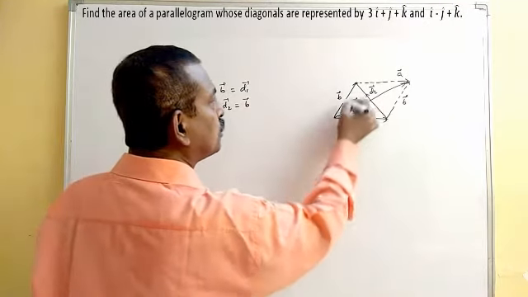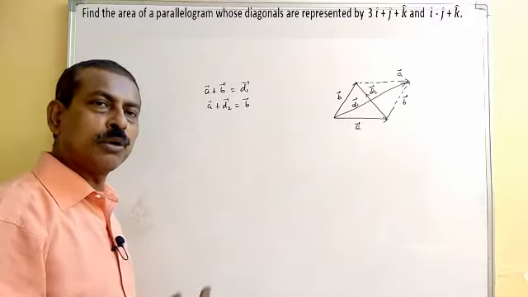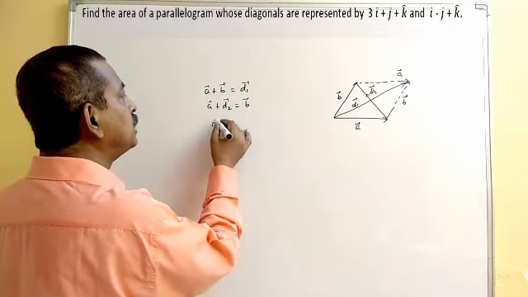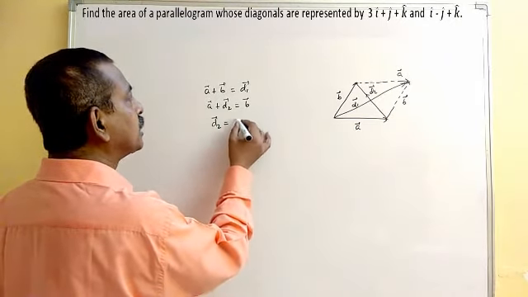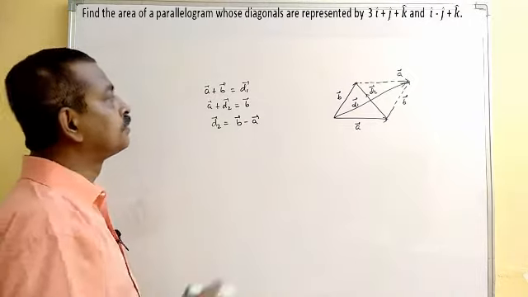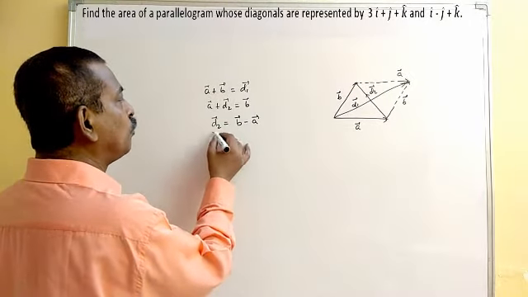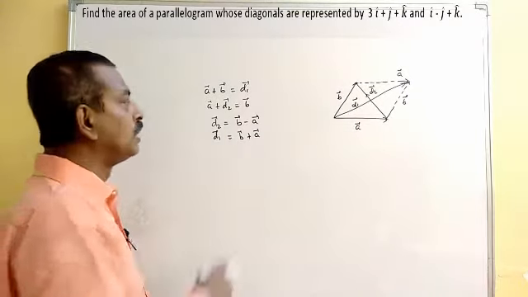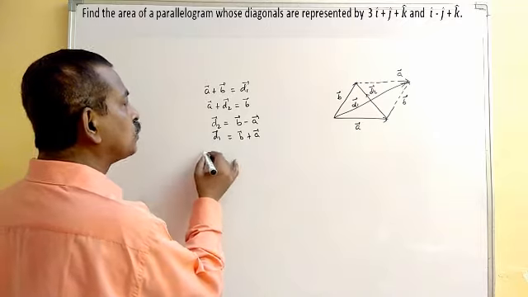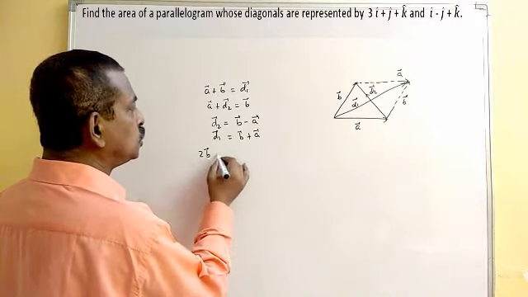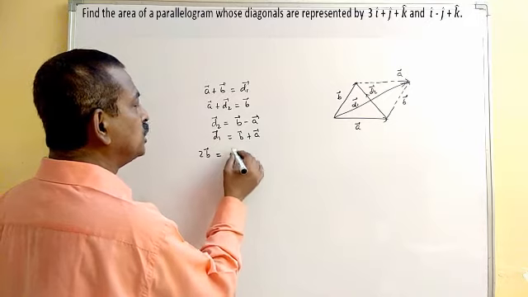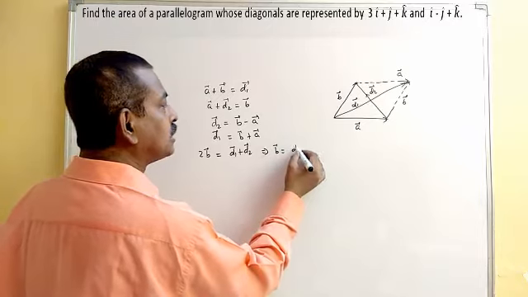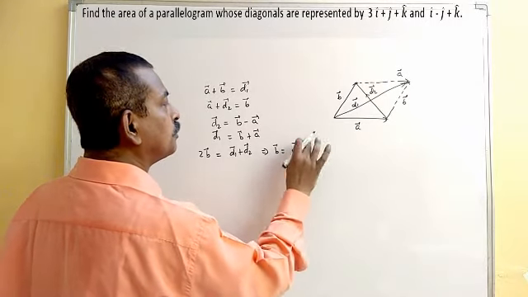If I take the help of this particular triangle and apply the triangle law of vector addition, you now have d2 vector as vector b minus vector a, and d1 was your vector b plus vector a. So if you simply add them, what will you get? 2b vector will be equal to d1 plus d2 vector, and that will give you vector b as d1 plus d2 vector